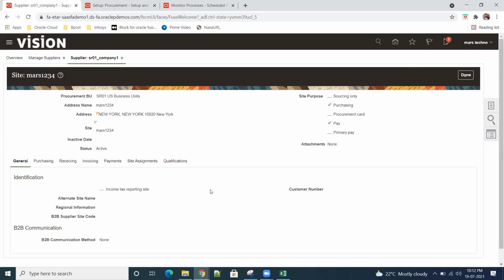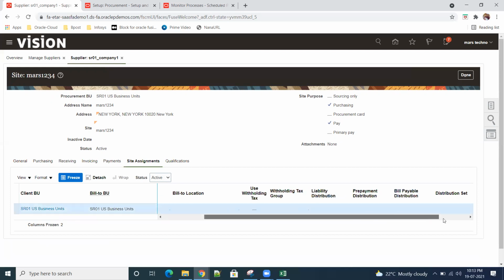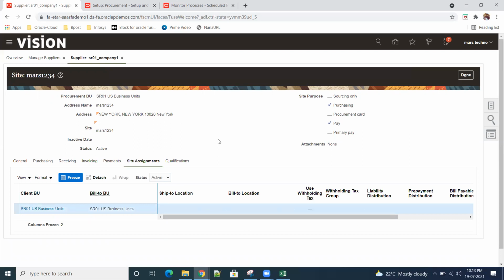Ramu, site is nothing but the BU, right? BU assignment, right? You mean to say something? It is just BU assignment and the address of where exactly the supplier will be supplying the material. It is exactly site assignment. So bill to, ship to, all those things will be there. So site is nothing but the supplier address? They have a site in the US, a site in the UK, India also has a site. So whenever the order comes from the India side, they will supply. So that is the site assignment.